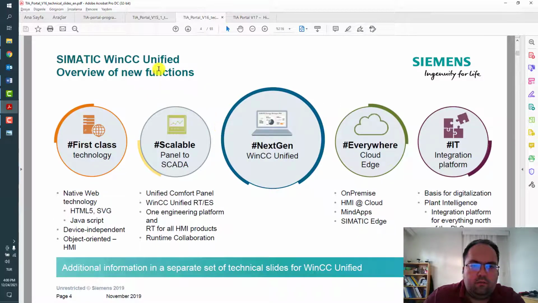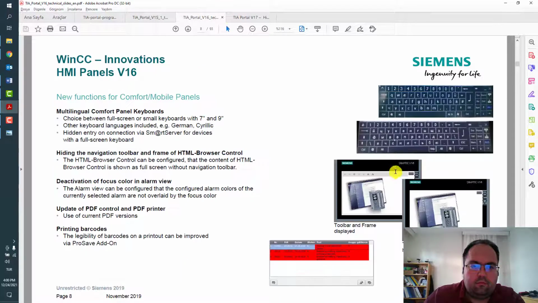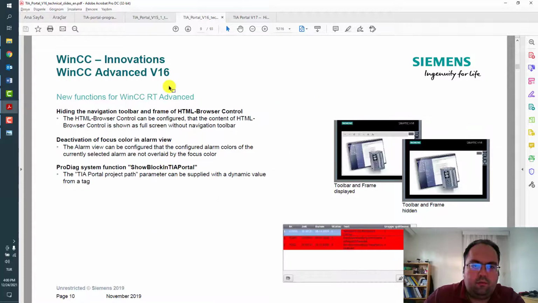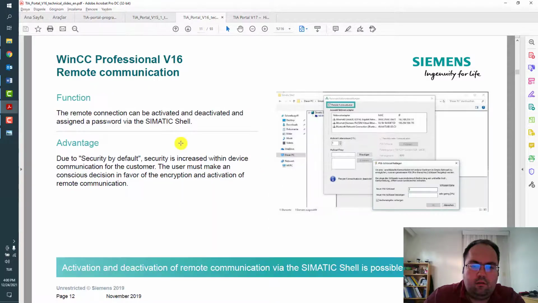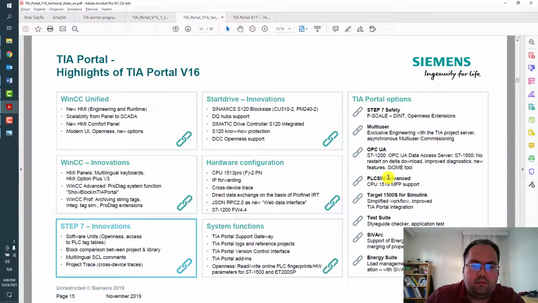Highlights of WinCC Unified. It's a big step with next generation. So multilingual comfort panel, keyboards, PDF, process, printer, printing barcodes, logging strings, remote communication, additional extensions,